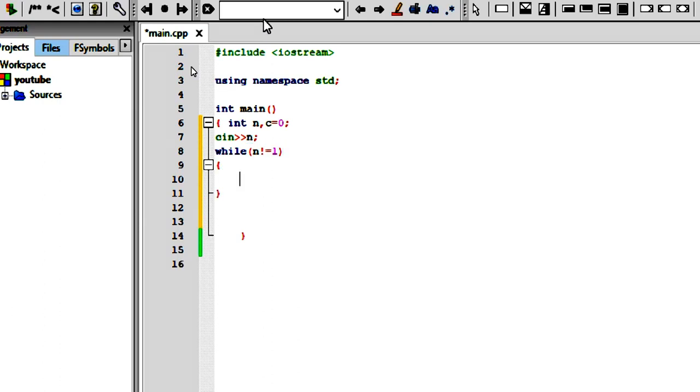Inside the loop, if n is equal to 0, then we just increment it by 1. If n is equal to 2, then we just increment by 1.